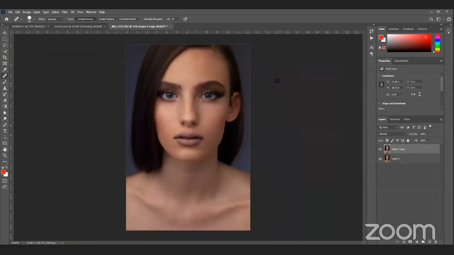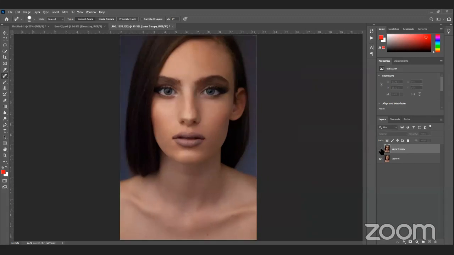Now let's see before and after. Yeah, before and after. You can see that. I think this is really helpful.